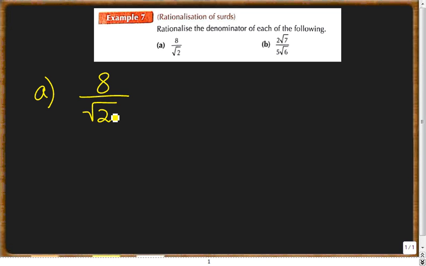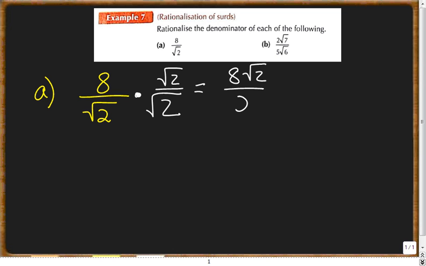Now this is an expression. It's not an equation, so we can alter it, but we can't really change exactly what it is. Our only option, if we're dealing with an expression, is to multiply it by 1. But we have control over what that 1 looks like. So in this case, the square root of 2, we can change that to a 2 if we multiply by the square root of 2 over the square root of 2,